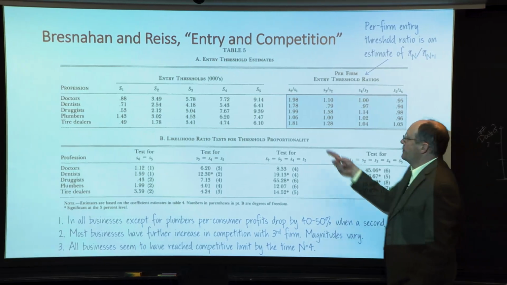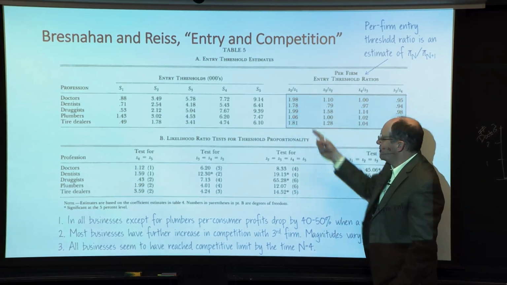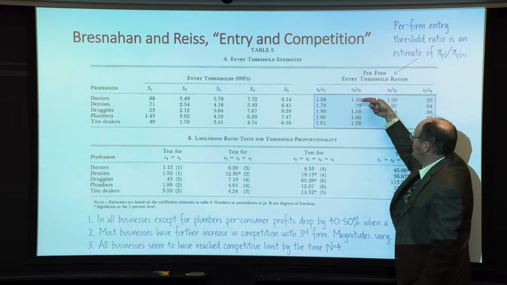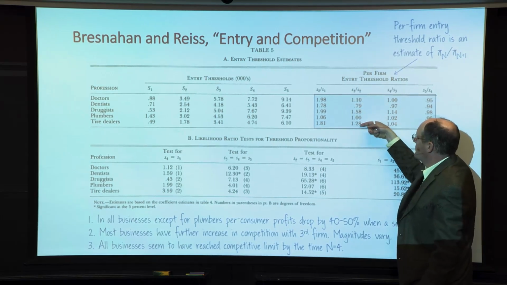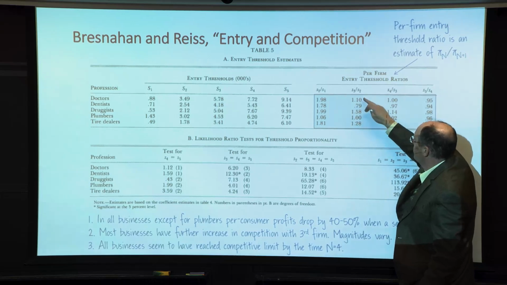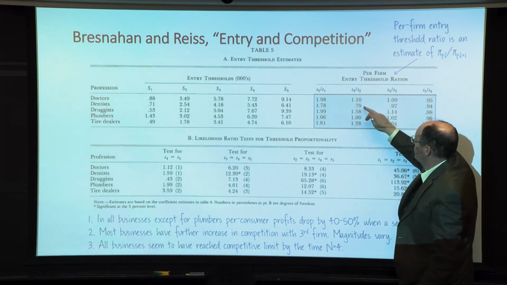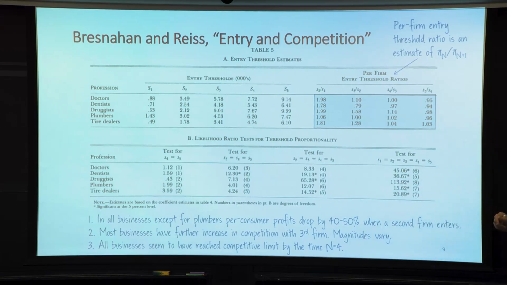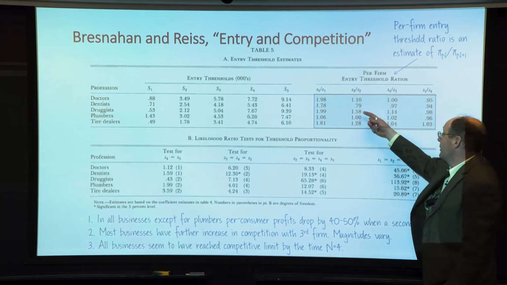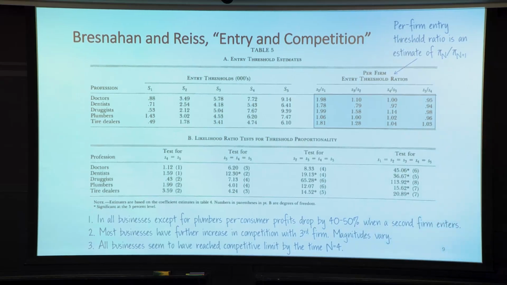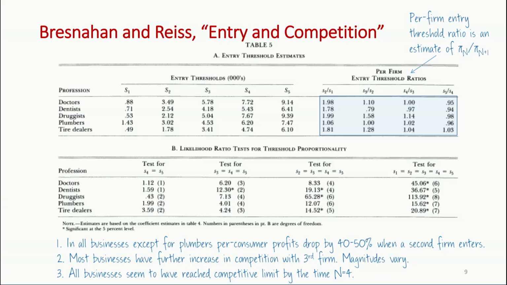If you look at what happens when you go from 1 firm to 2, it's a big drop in profit. When you go from 2 firms to 3, it varies by industry, but for most of them, other than the plumbers, we have a 10% drop, 30% drop, 60% drop, or whatever. So it again is a 1 over 1.6. So again, you get substantial drops, often going from 2 to 3.